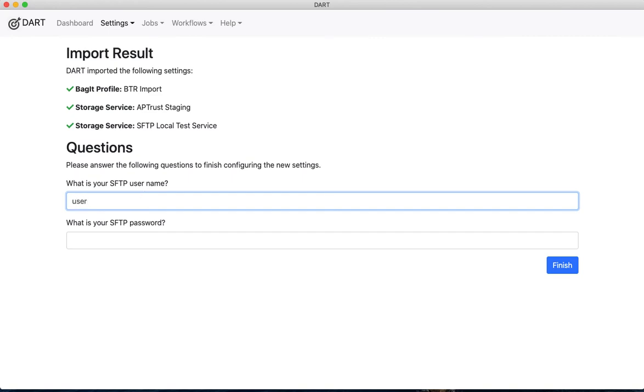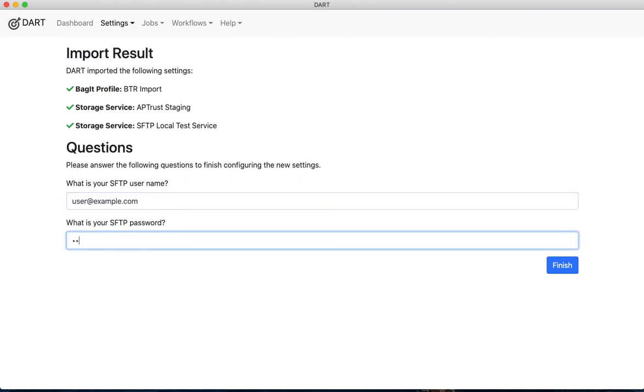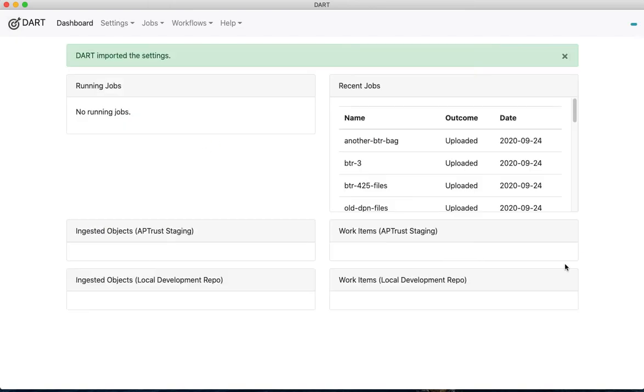And let's say user@example.com, and password is password. I click finish, and remember we set it up so that the responses to these questions would go into this storage service record, SFTP local test service.